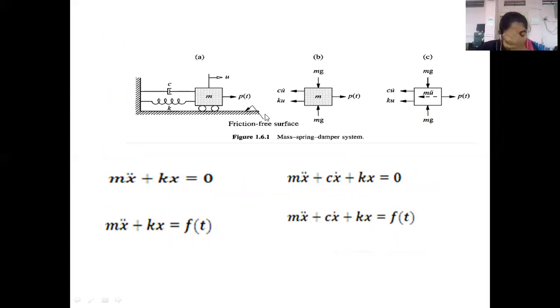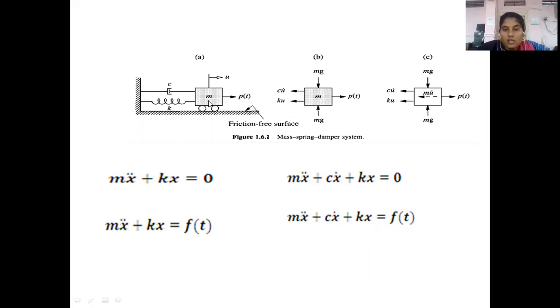Okay, we have already discussed this mass spring damper system in the last lecture. I will discuss it once again and then we will solve derivation number 1. C is the damping coefficient, K is the stiffness, M is the mass, and three forces are produced: mx double dot, that is mass into acceleration; Cx dot, that is the damping force; Kx, the restoring force; and F of t is the external force. So the internal force is equal to the external force.